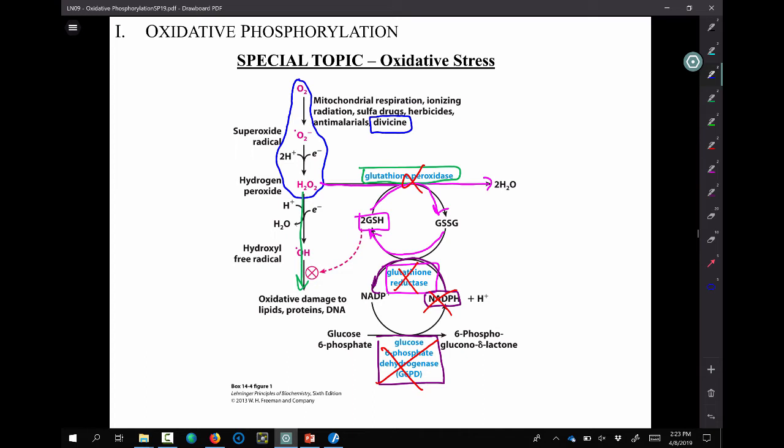The rest of the family, except for this poor kid in Greece. But there's a significant portion of our population that has a genetic disorder in glucose 6-phosphate dehydrogenase. It's actually called glucose 6-phosphate dehydrogenase deficiency. And by significant, 400 million people suffer from this. So it's a lot. It's not a rare genetic condition. It's pretty common, actually. You can go your entire life and not even know you have it, as long as you don't have an increased incidence of oxidative stress for some reason. So a child could go asymptomatic for years.